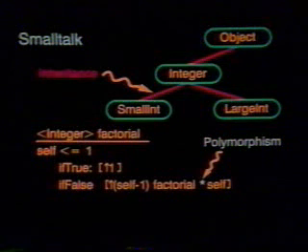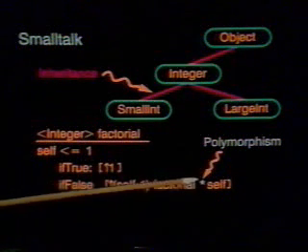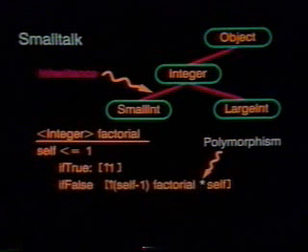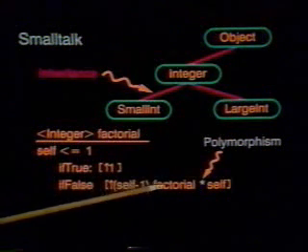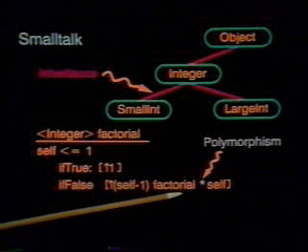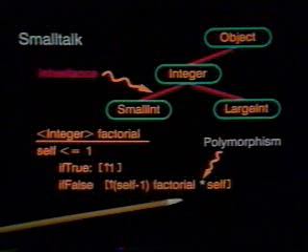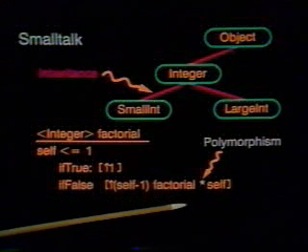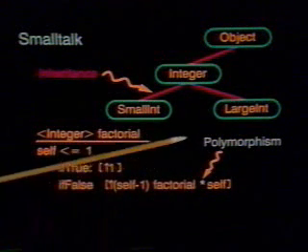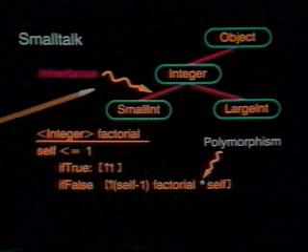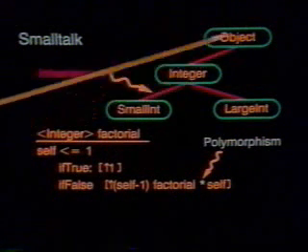In most conventional programming languages, it has to be known what the types of the integers are on both sides. But because that is simply a message, it's just the name of an operation, this code will work regardless of whether the receiver is a small integer or a large integer, or some completely different kind of integer that you defined. So there's a kind of symbiosis between the inheritance that's available in the system